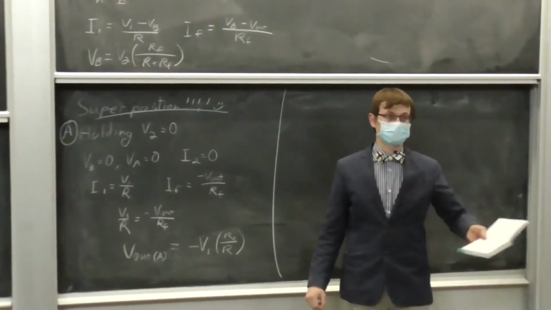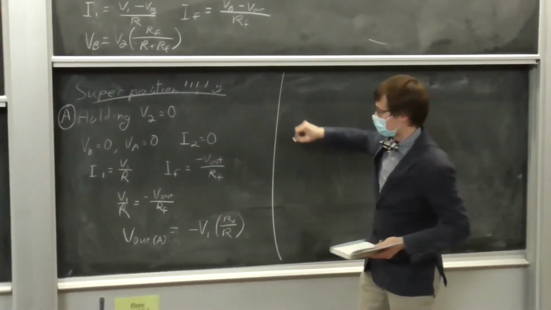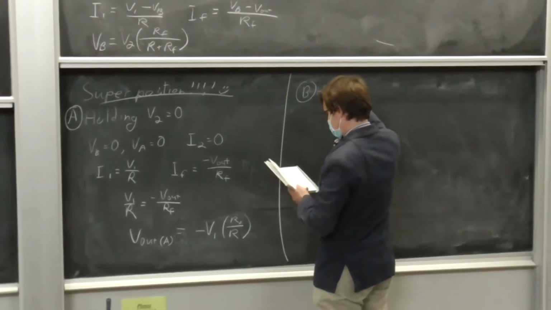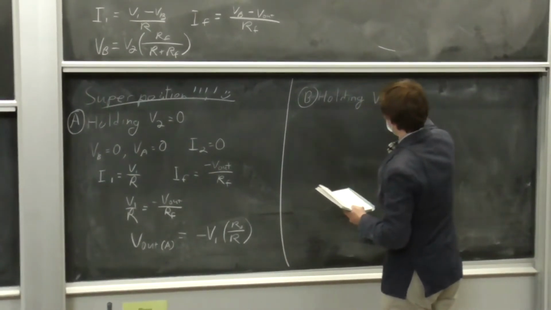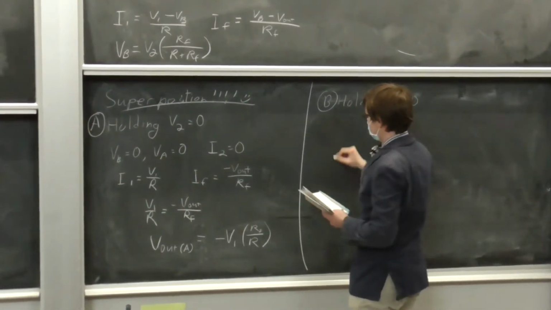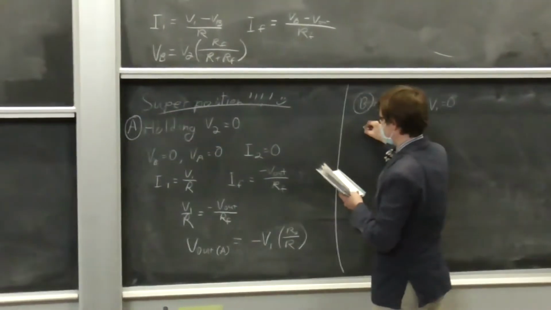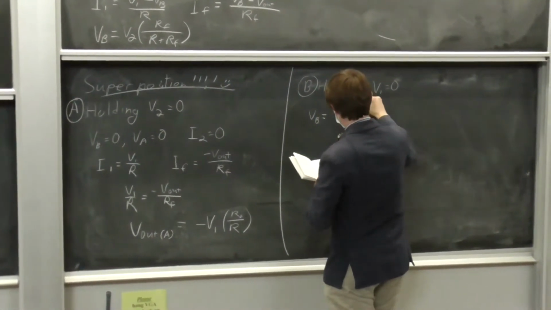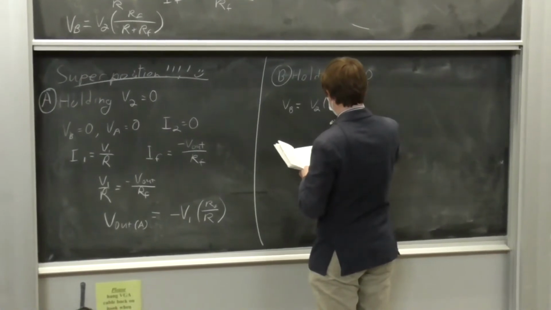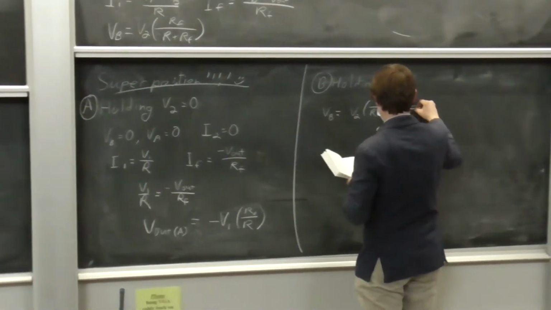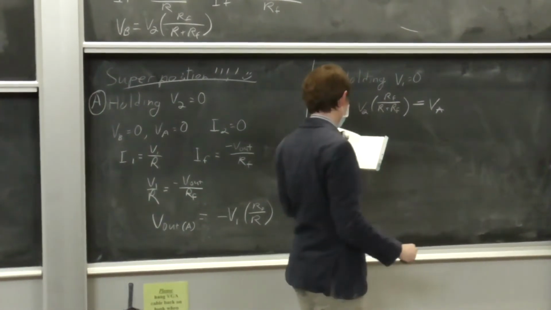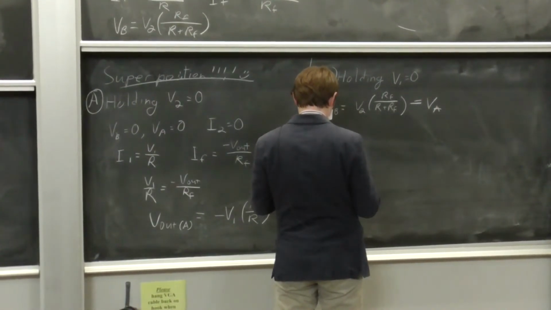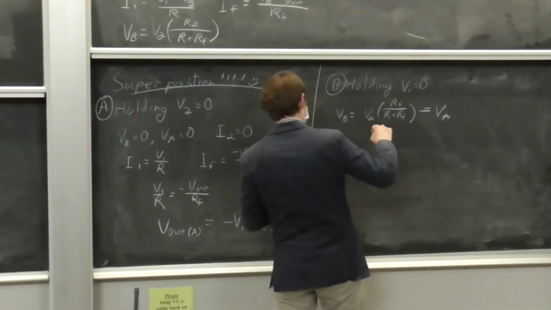Our next step is to hold V1 equal to 0. So, B, holding V1 equal to 0, we can immediately state that VB is equal to what we found it to be before, V2 times RF over R plus RF, which is also equal to VA. Yep. So,